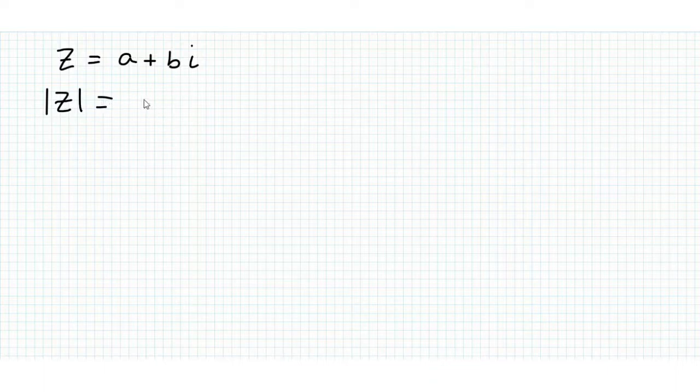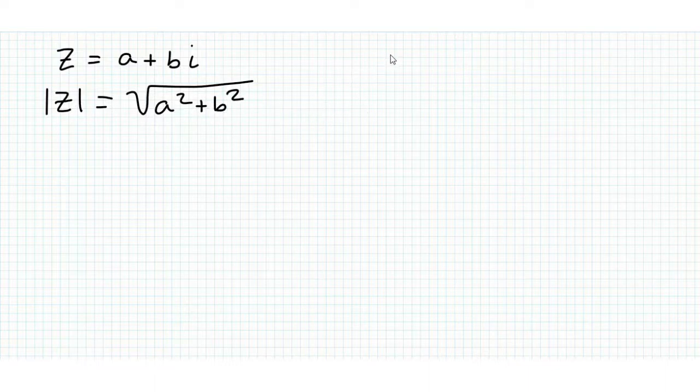Right, a couple of videos back we looked at finding the modulus and argument of a complex number in Cartesian form. The Cartesian form is the form we've been working with this whole time, so if we've got a complex number z equal to a plus bi, this is the Cartesian form. However, we can define the complex number in terms of its modulus and argument. So if you remember, the modulus of z is defined as the square root of a squared plus b squared